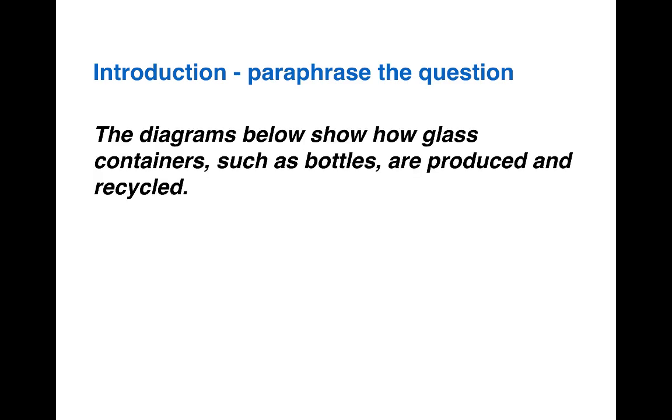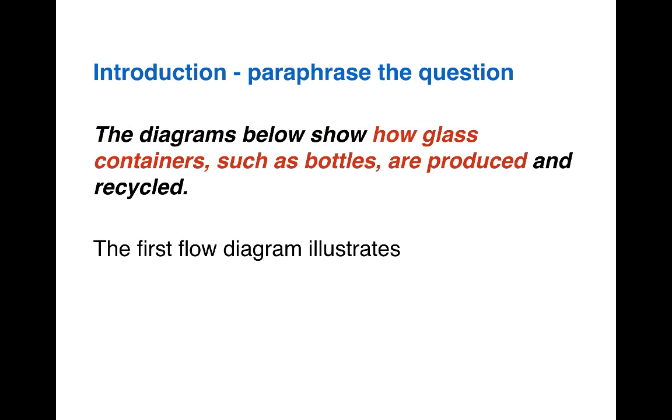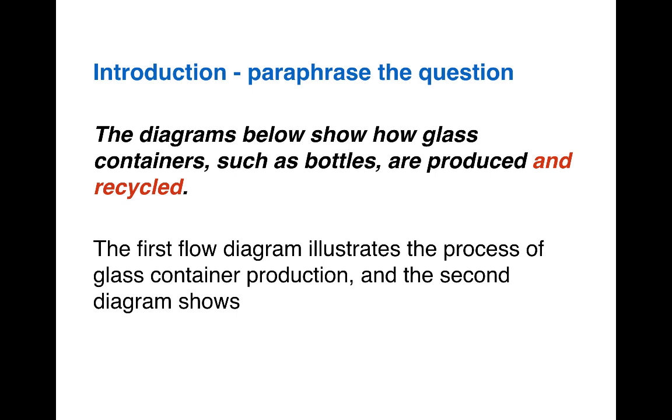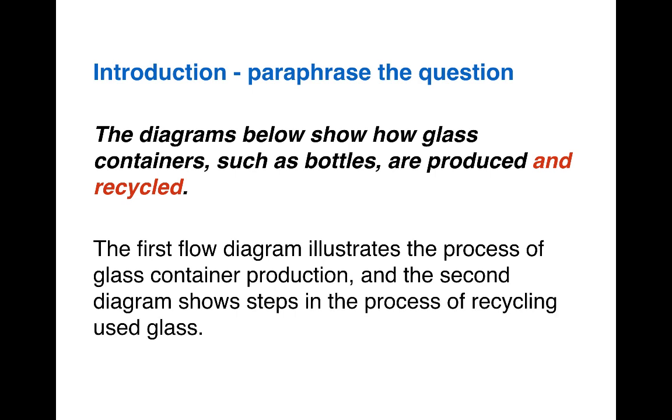Here's the question, and we'll start with the first small phrase, the diagrams below show. And I've changed that to the first flow diagram illustrates. We'll talk about the second diagram later. How glass containers such as bottles are produced, the process of glass container production. And recycled, well, first I need to say, and the second diagram shows, steps in the process of recycling used glass. And that's my introduction finished. The first flow diagram illustrates the process of glass container production, and the second diagram shows steps in the process